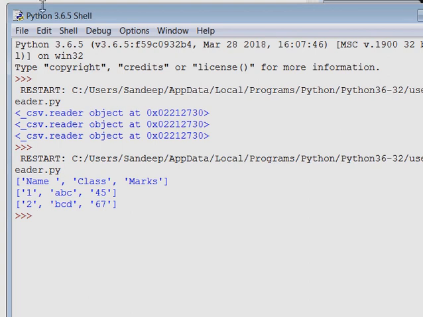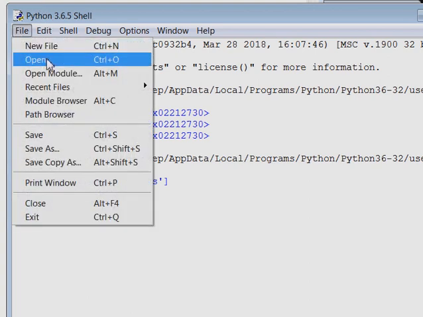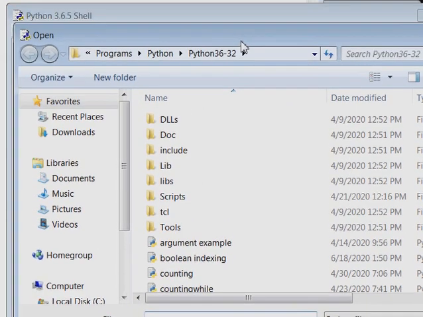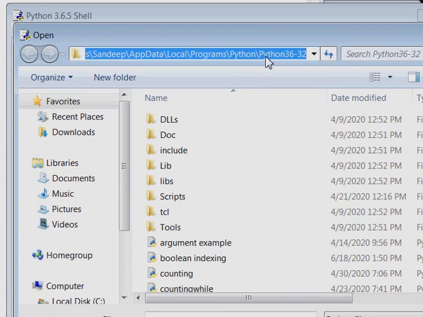I am opening the IDLE screen here, and you can check the path by opening it. By default your files are saved in this folder. I am copying this address with Ctrl C, the address in AppData, Local, Programs, Python.